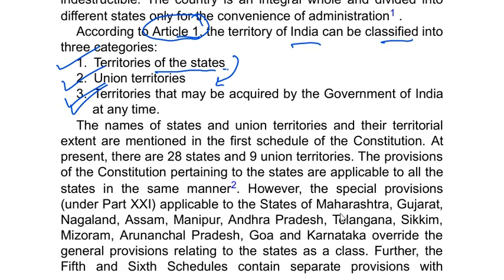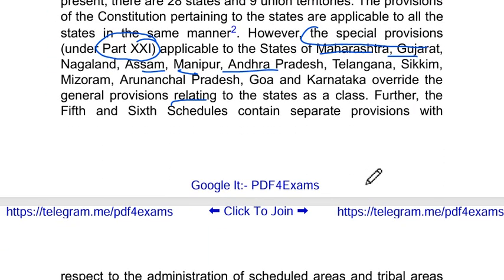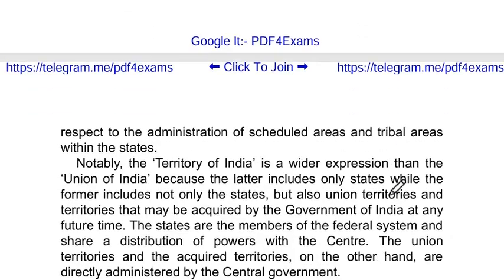Now, এই states এর নেম এবং তাদের পার্টিকুলার যে টেরিটোরিয়াল এক্সটেন্ট হবে সেটাই কিন্তু আমাদের ফার্স্ট শিডিউল অফ দ্য কনস্টিটিউশন এবং ফার্স্ট শিডিউলের মধ্যে আর্টিকেল 1 এর মধ্যে মেনশন আছে। However, it is said that there are some special provisions mentioned in part 21 যেখানে মহারাষ্ট্র, গুজরাট, আন্ধ্রা, মণিপুর লাইক এরকম বেশ কিছু সার্টেন স্টেটস লেখা আছে, তাদের জেনারেল প্রভিশন এবং তাদের স্পেশাল কিছু প্রভিশনের কথা মেনশন করা আছে এবং তাদের অ্যাডমিনিস্ট্রেশন কিভাবে রান করবে সেই বিষয়েও কিন্তু ডিসকাশন করা আছে।